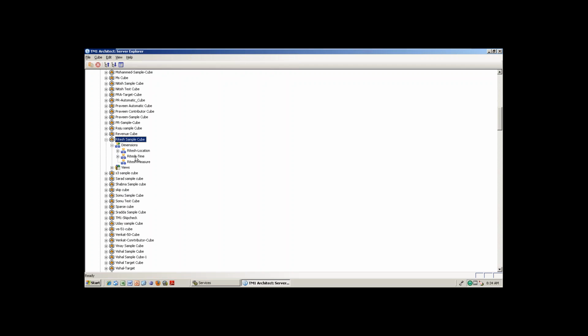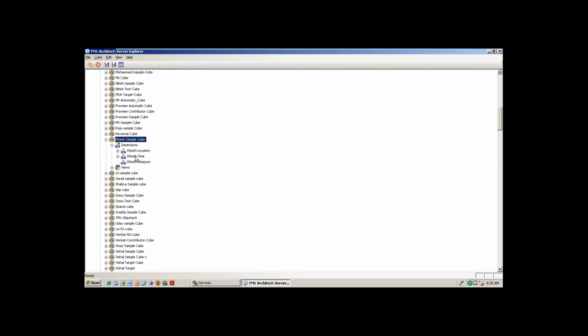That's clear. But if the same dimension is used in n number of cubes, maybe 5 or 6 cubes, using the one dimension, then it is impossible to delete the dimension unless all 5 cubes are deleted. Because if even one cube is using it, you cannot go and delete it, right? So that's the reason if I want to delete a dimension, it shouldn't be part of any cube. Then only it will allow you to delete. Clear? This is a very important interview question.